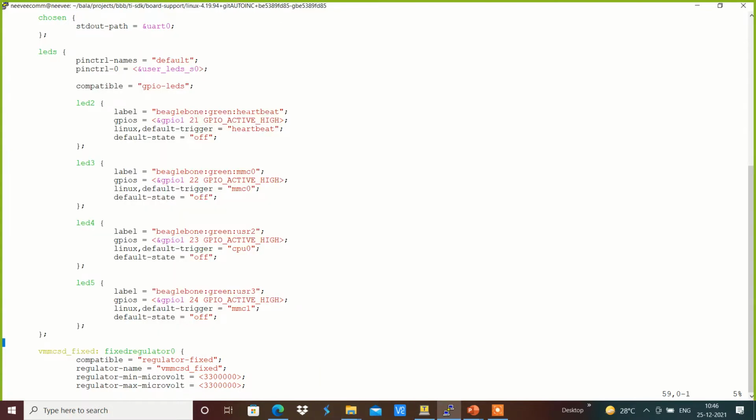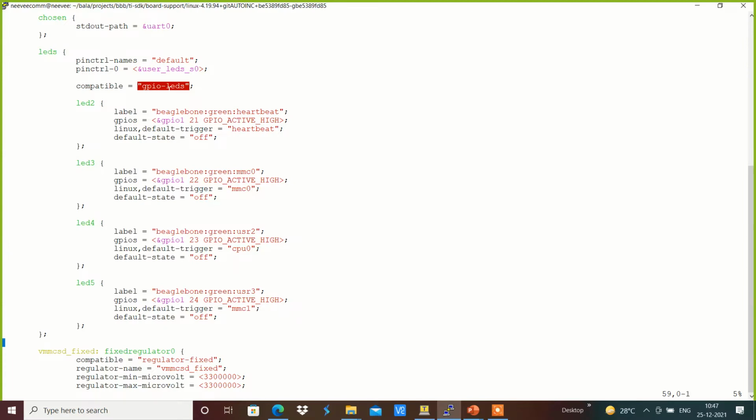For example, beaglebone-green:heartbeat, beaglebone-green:mmc0, beaglebone-green:user2, beaglebone-green:user3. These are all the LEDs defined in the device tree, exposed with the help of the GPIO LEDs driver accordingly.